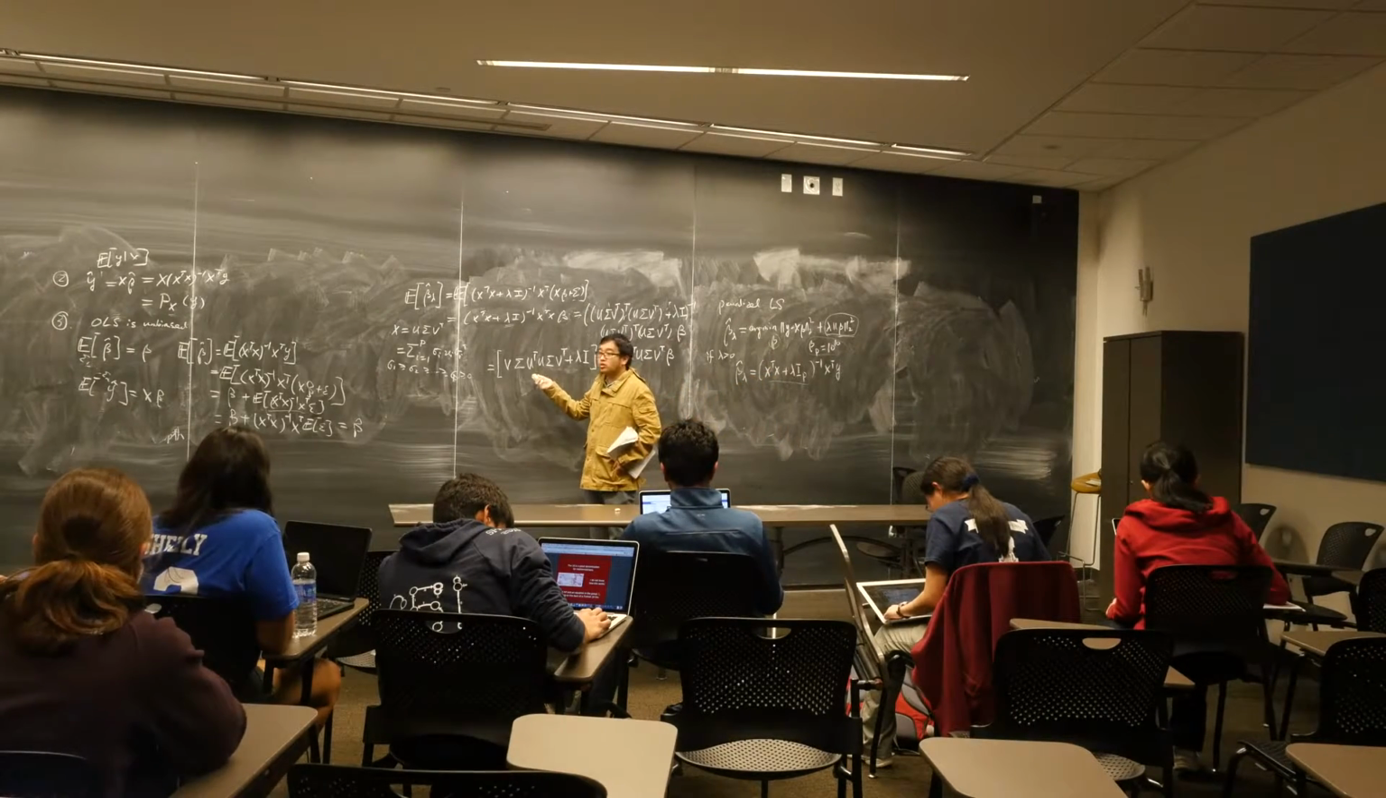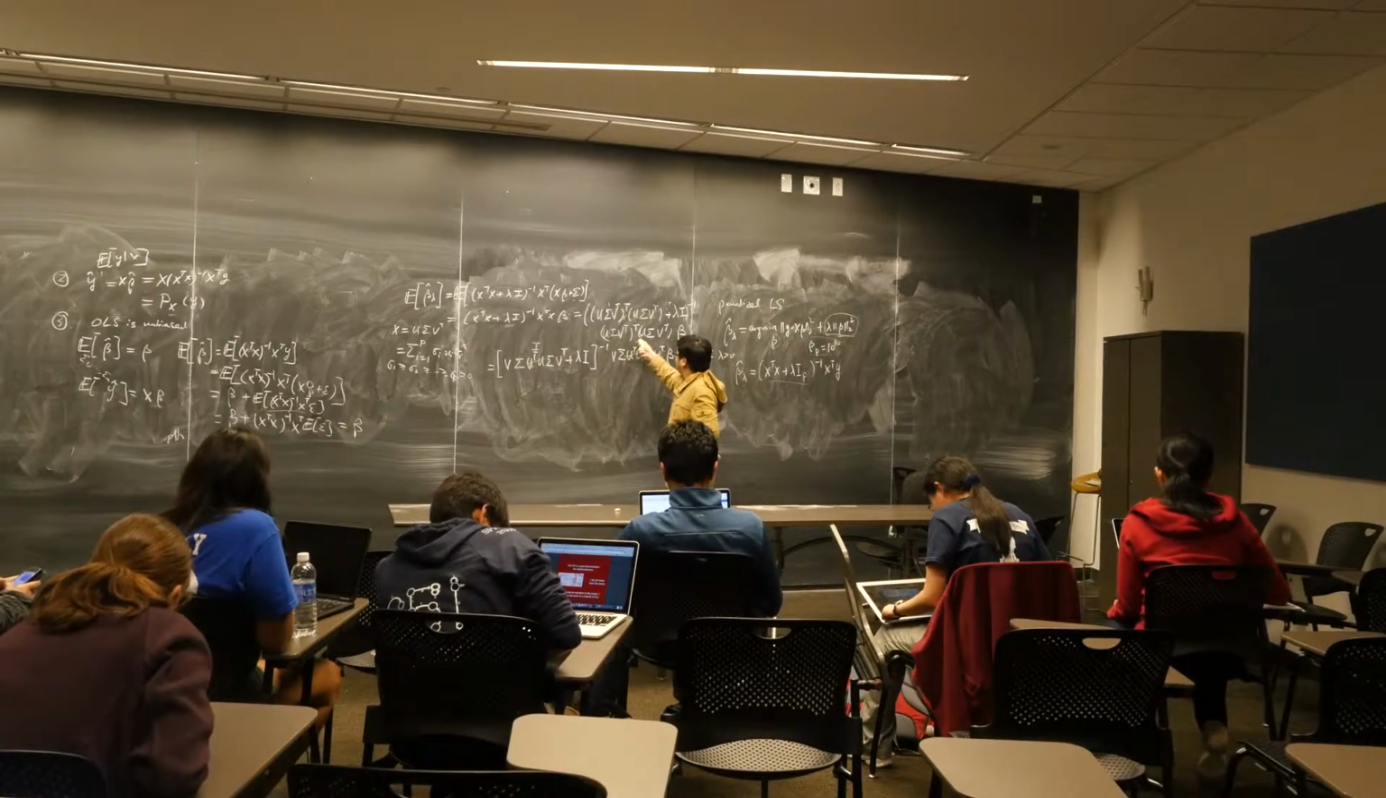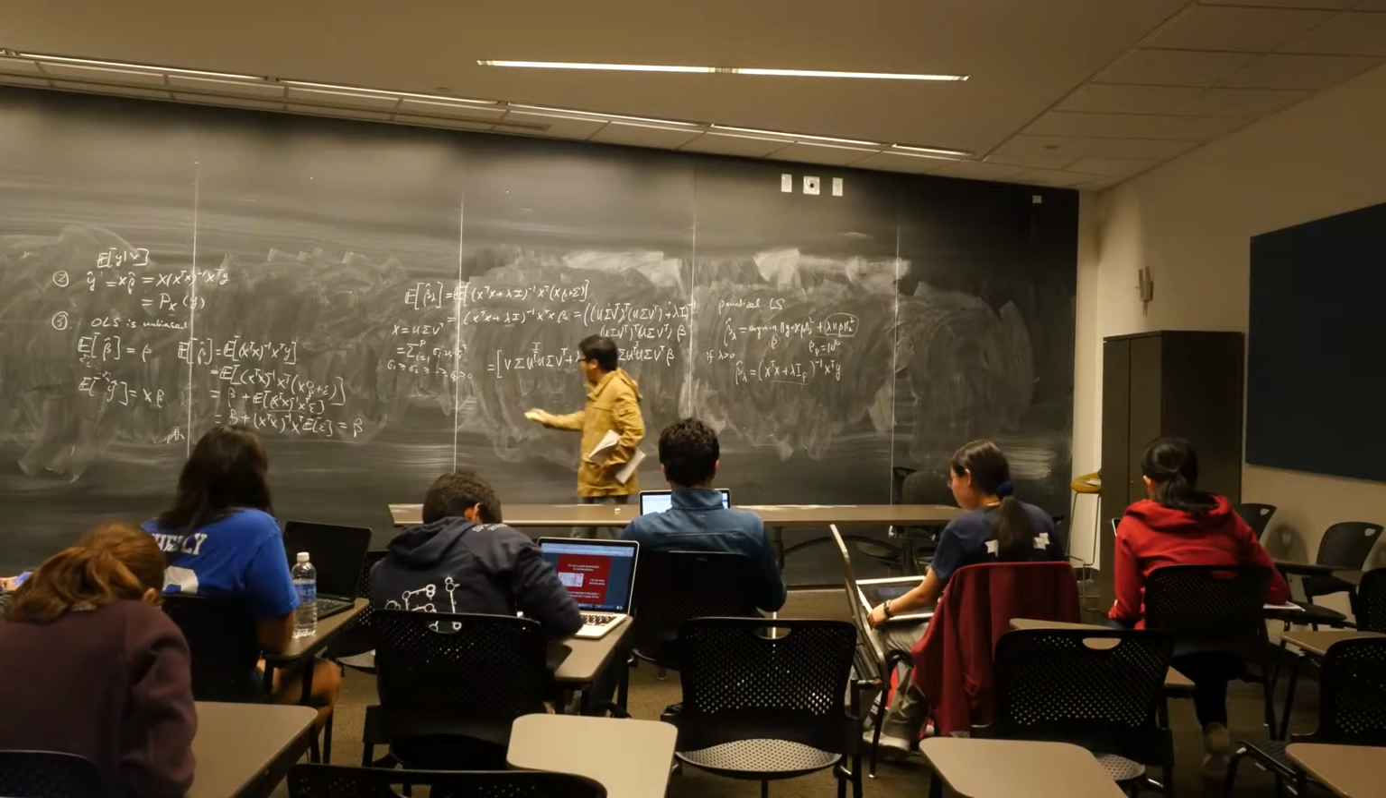Because U is orthogonal, U transpose U will be identity. This U transpose U will also be identity. So I have